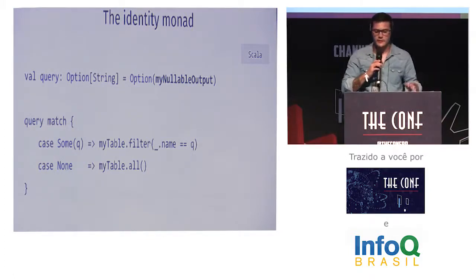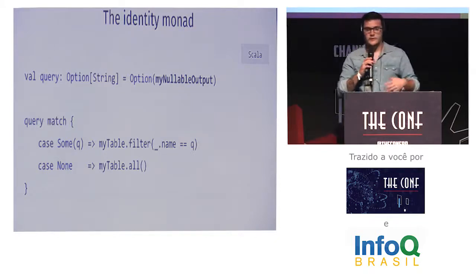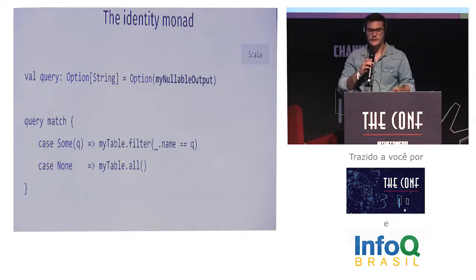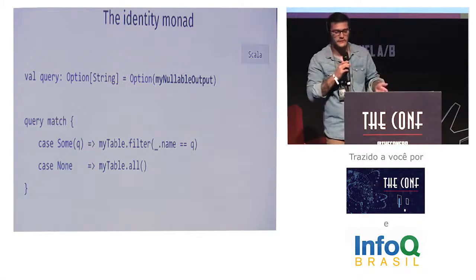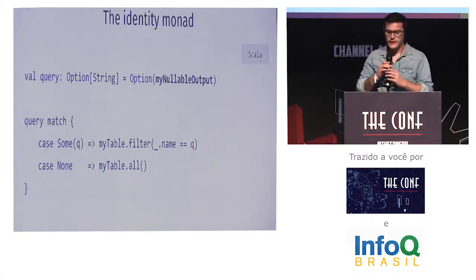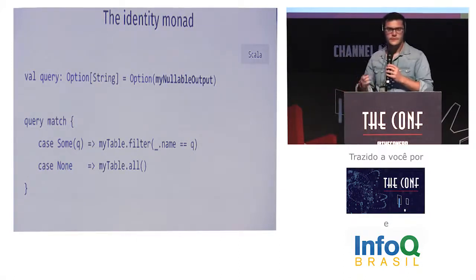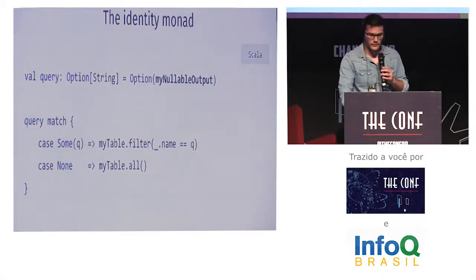Here we have an example of an optional query parameter. If it is null, I will fetch all records from the database. Otherwise, I will try to filter these records based on the content of the monad, based on its identity. So you can even use these pattern matches with regular expressions, system types, and so on and so forth. In Scala, this is a very powerful way to declare execution flows.